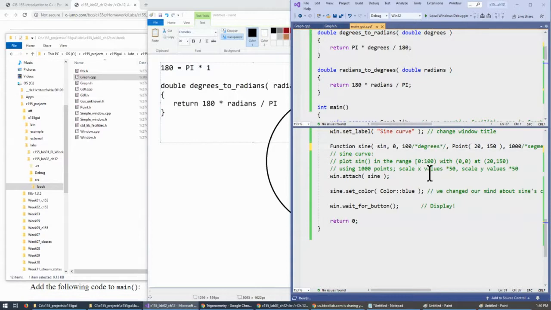But in order to make these degrees, I want to use 360, like use a full circle, right? 360. But since the sine wants radians, I will take degrees to radians, like use this degrees to radians conversion